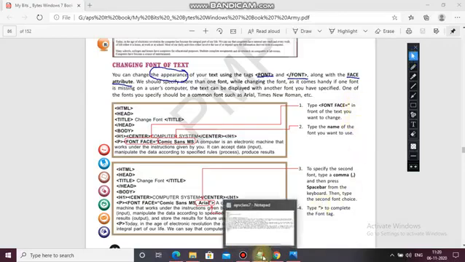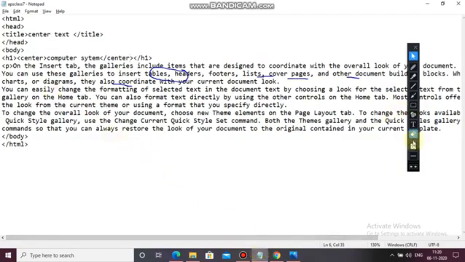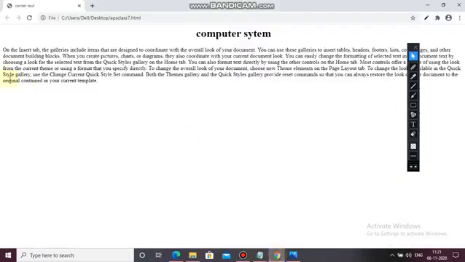Let's see if this works or not. So here I am going to use a font face. See, it's a regular font, nothing has been changed.